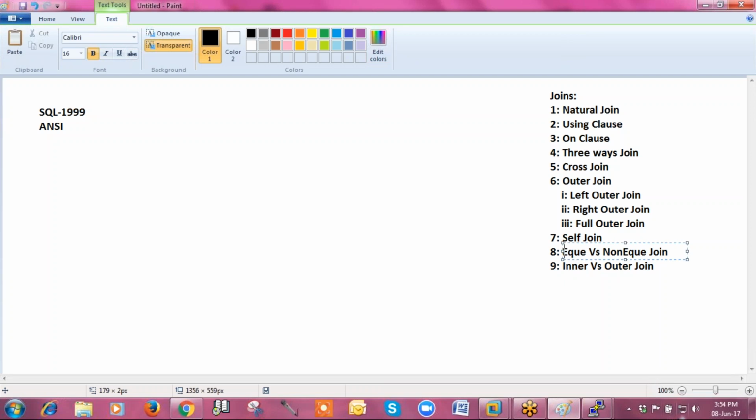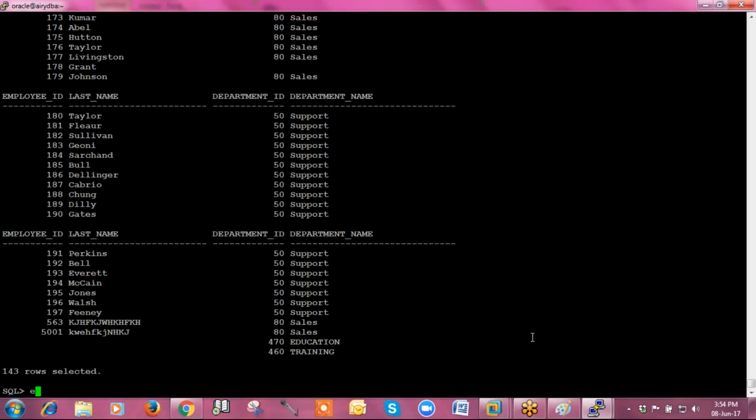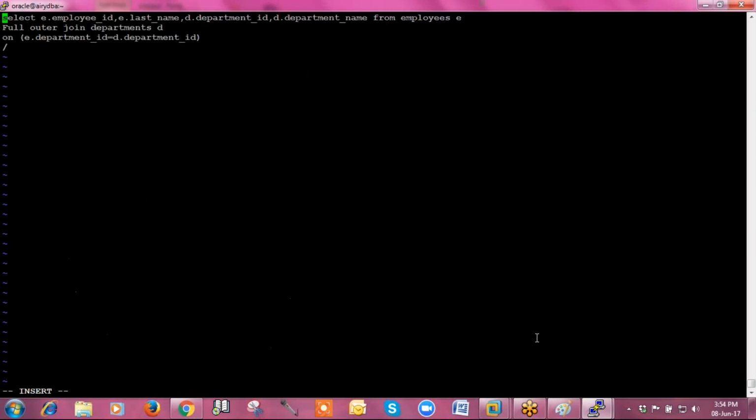Whenever I am creating a joining condition in the on clause on the basis of the equality operator, then all those joins are called equijoins. If I am not using the equality operator to create the joining condition, then all those joins are called non-equijoins.